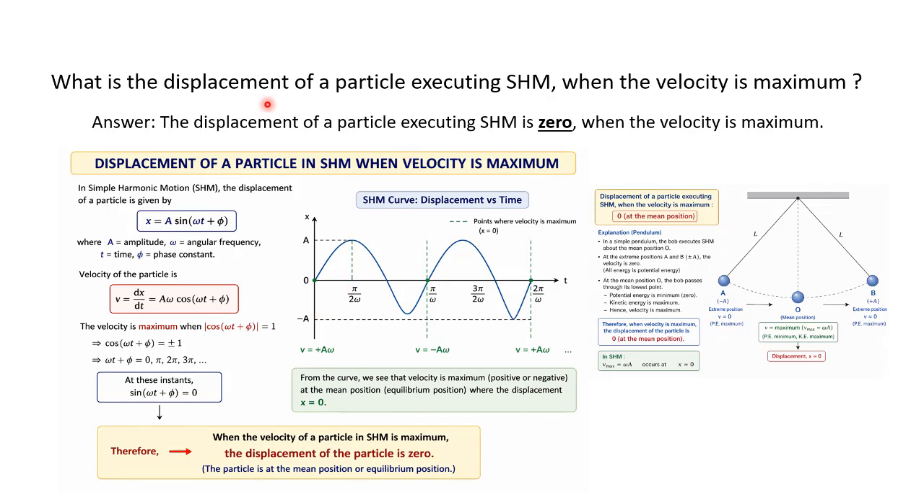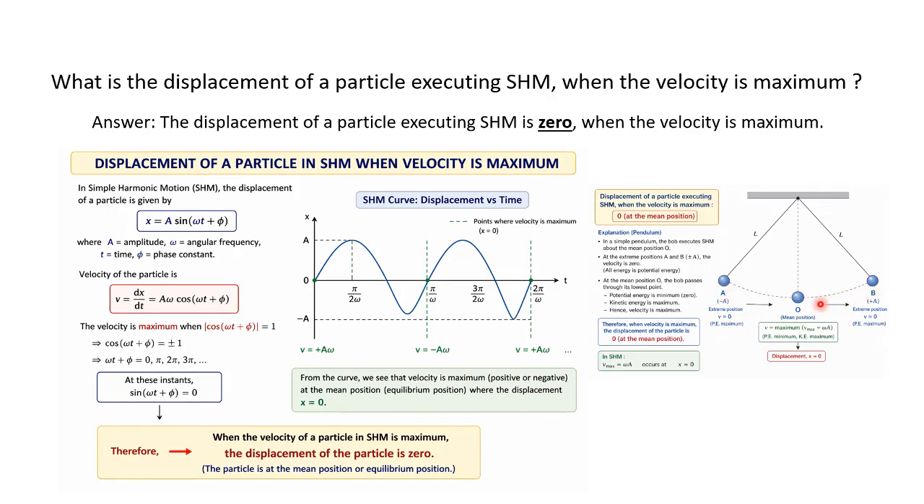What is the displacement of a particle executing simple harmonic motion when the velocity is maximum? The answer is 0. To understand this, let us recall the nature of simple harmonic motion. Let's dive into this example of a pendulum. A particle or a bob oscillates about a mean position. At the extreme position, the displacement is maximum, but the velocity becomes 0 because the particle momentarily changes its direction